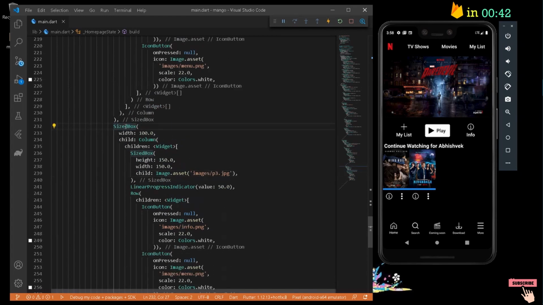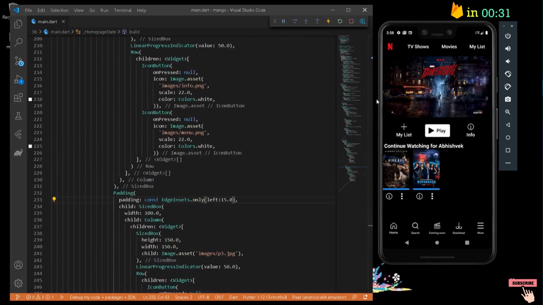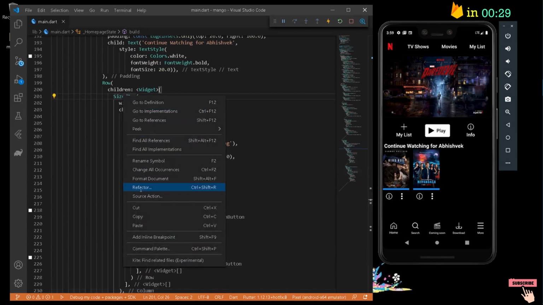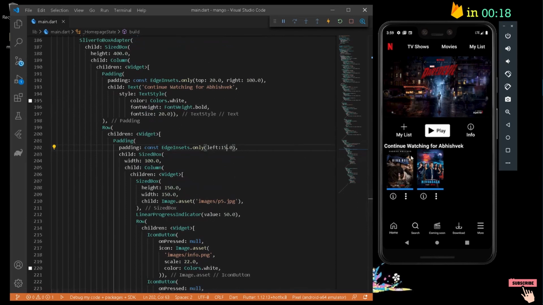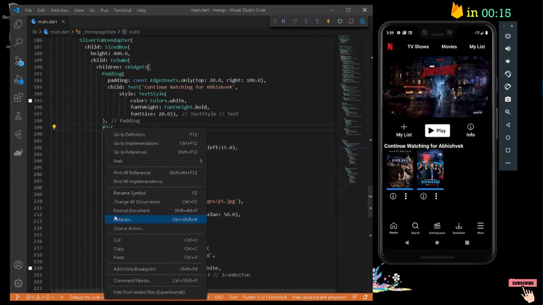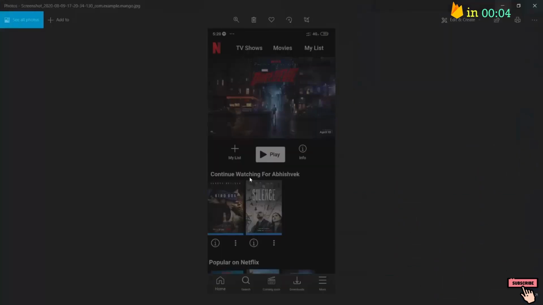Now we can also do one thing, that is refactor into a padding from only. We only want padding from left, let's say 15. And similarly for this, from this border, so I can simply refactor into a padding from only, let's say left of 15. Cool, so we have both of our images here. Now the next thing remaining is padding to the following entire row. Okay, so I can write here a padding from only of top, cool, 15. Cool, so now it's okay for now, that is we have conducted our size box.